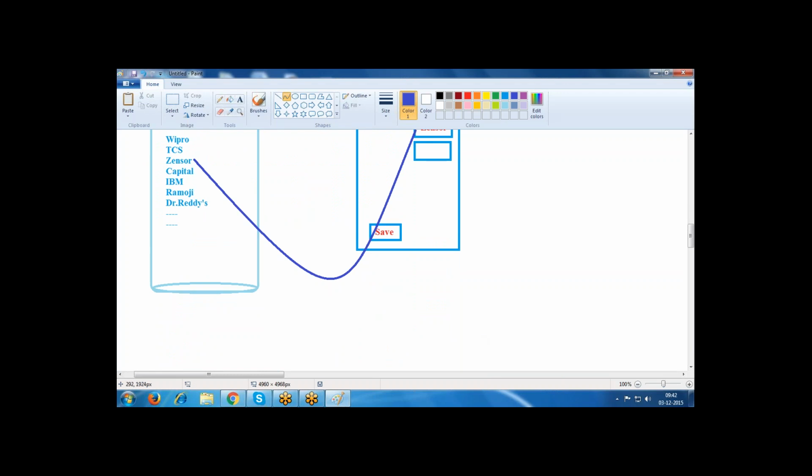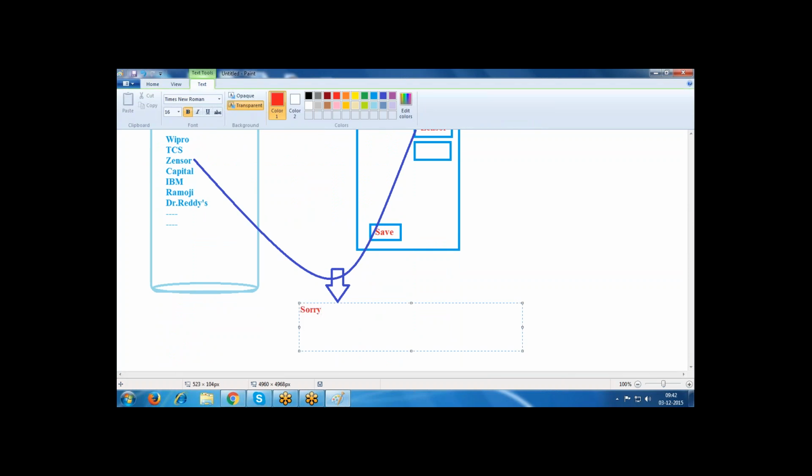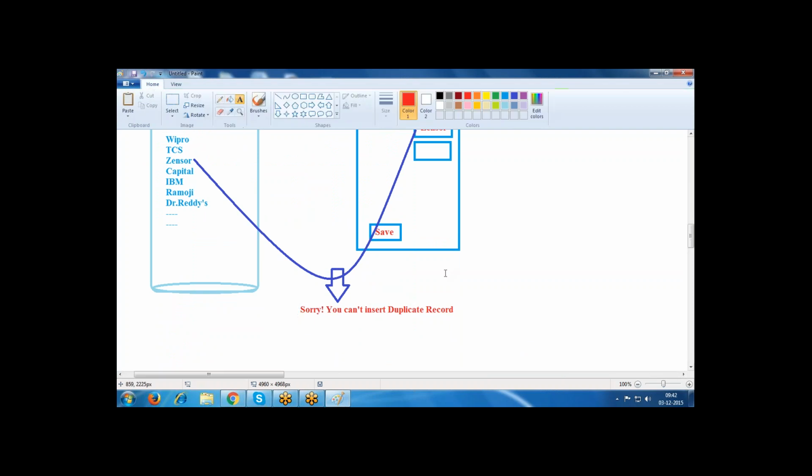whenever we are inserting duplicate record, I want to throw some error message. That means, sorry, you cannot insert duplicate record. So whenever we are trying to insert any duplicate record, I don't want to allow to insert the duplicate record. Here also we are using